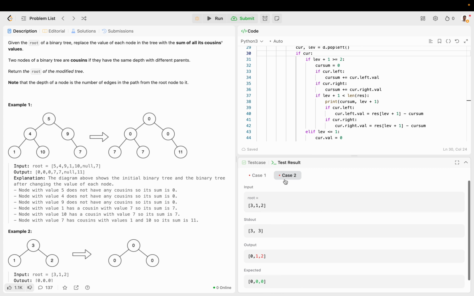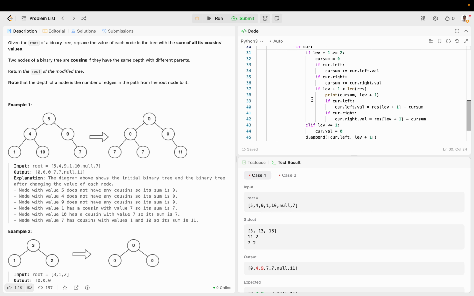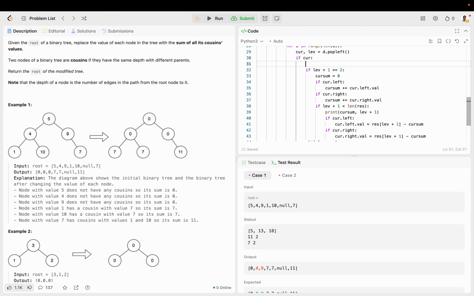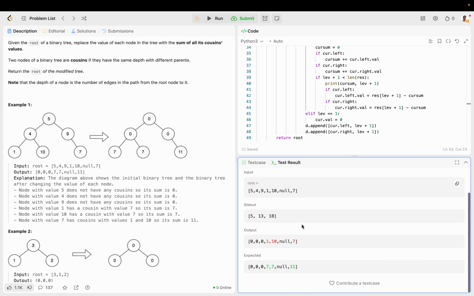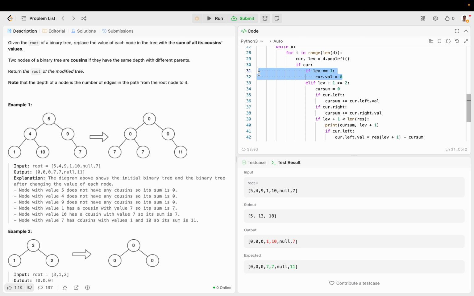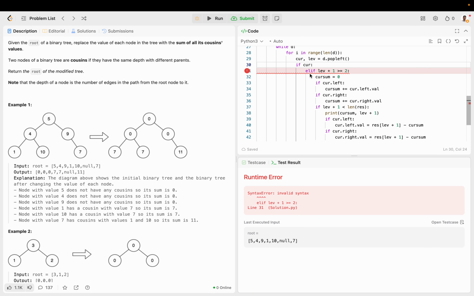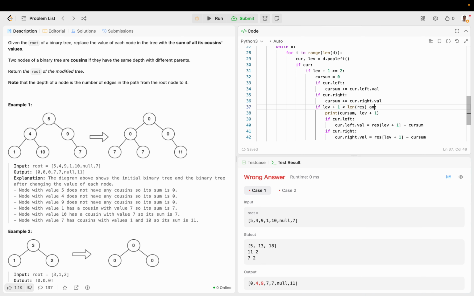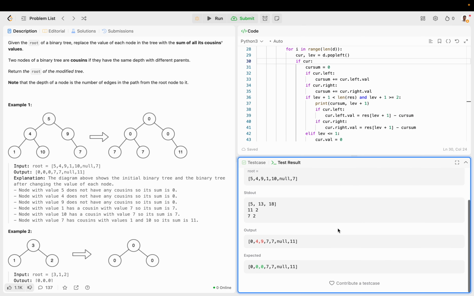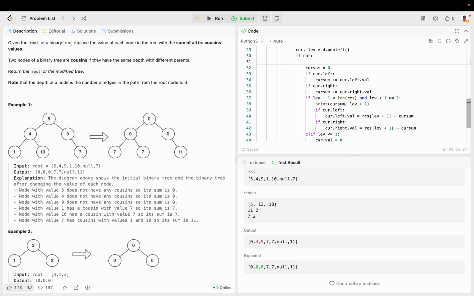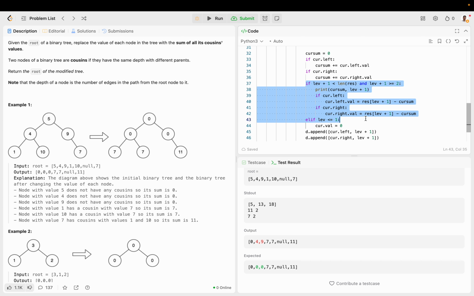So here we still have some issues because it looks like we didn't actually do the first level. So if level is actually equal to 1, then current dot value is 0. And let's say elif. No, let's see here. Level plus 1 is bigger than or equal to 2. Maybe we can do it like that. So let's do it after, because that's only what matters. We still need to do this. So if level is less than or equal to 1, then